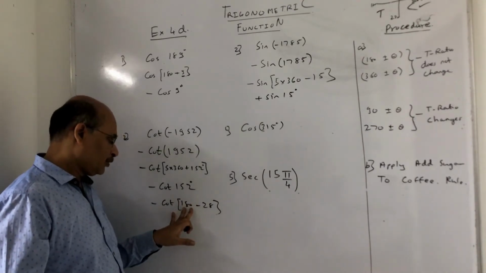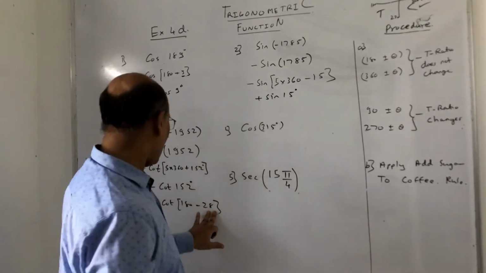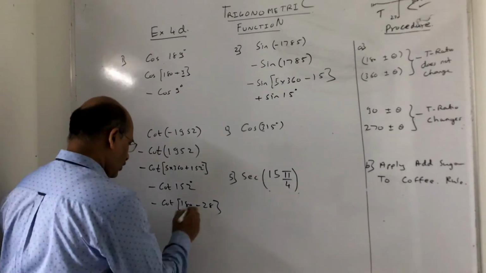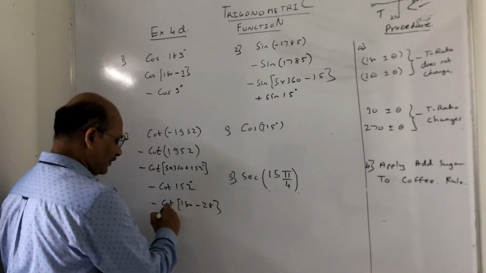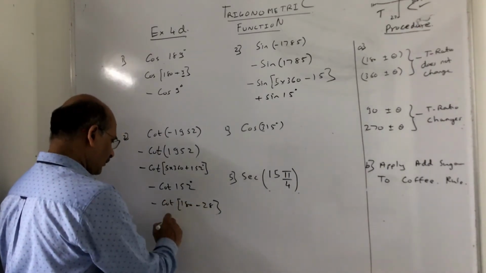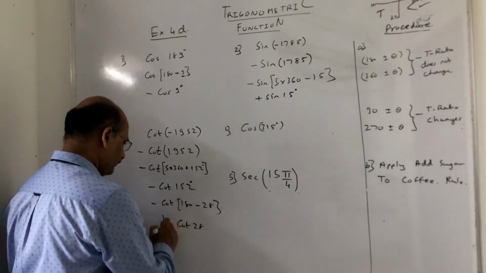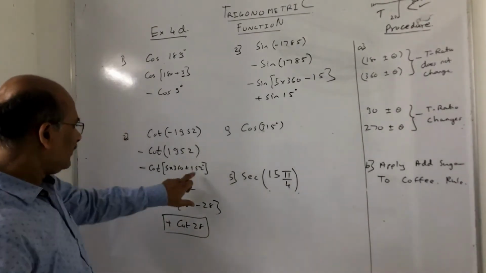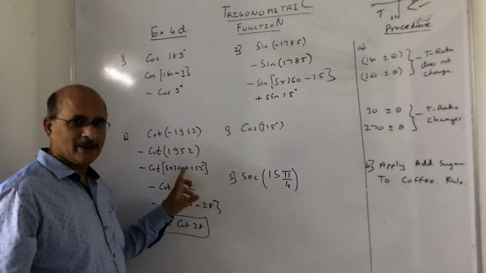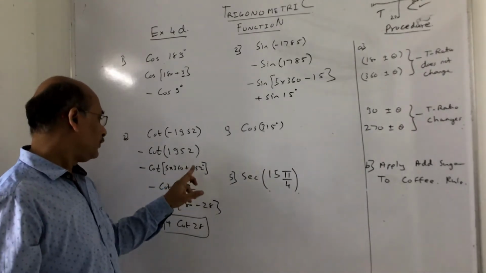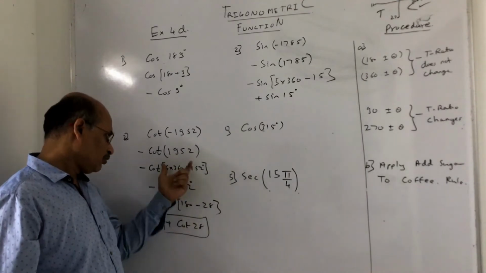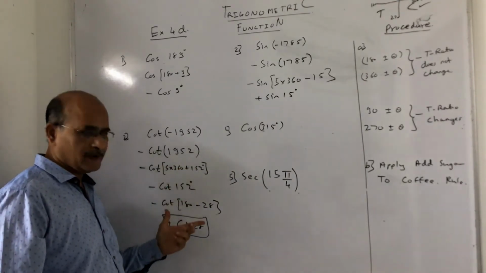Now I ask a simple question. 180 minus theta is the second quadrant. The ratio remains the same. So in the second quadrant cot will be negative. So negative of negative will become positive. It is nothing but cot 28. Now here is a very important part. That one type of example is there in 4D. We will solve the sum. But I just want you to commit to memory this particular explanation.